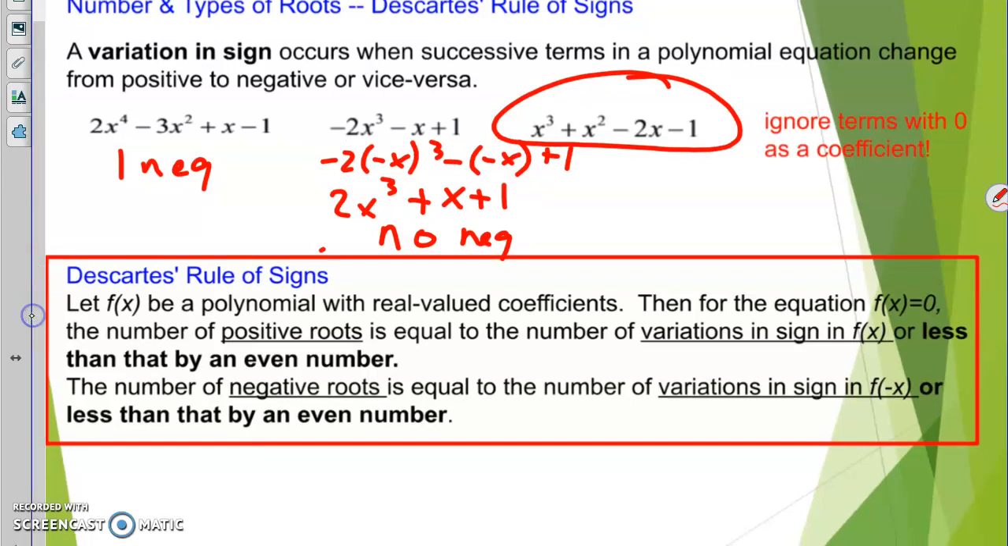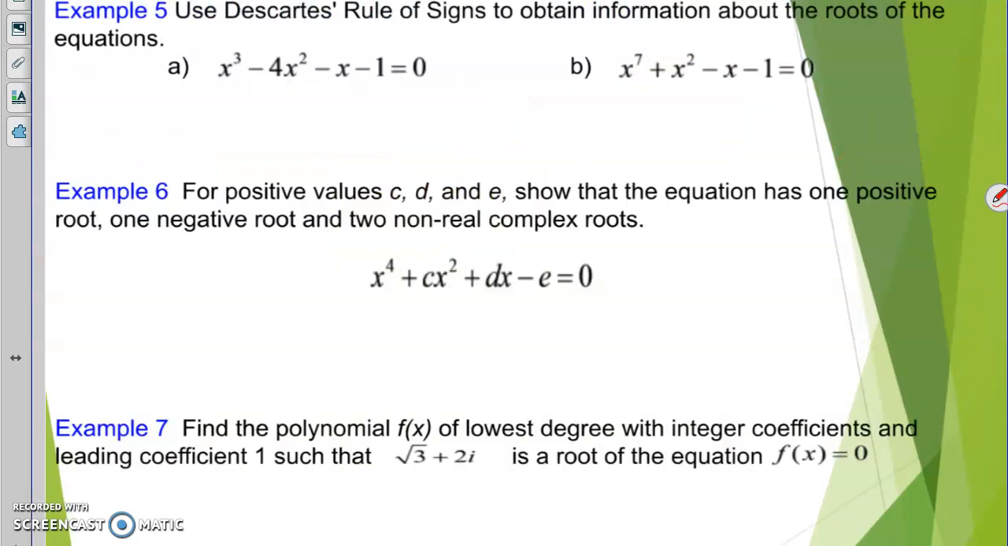So that's what Descartes' rule of signs means. So if you take and pause this and read through there, that's what we've done. All right. So Descartes' rule of signs,